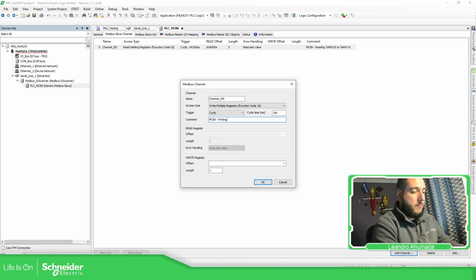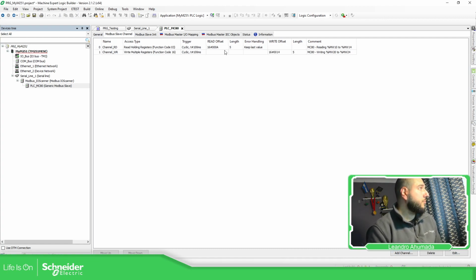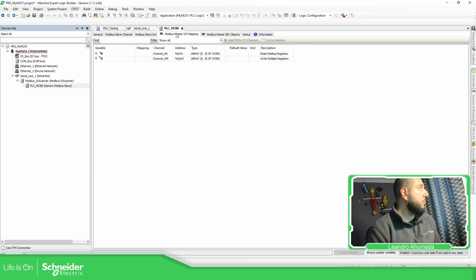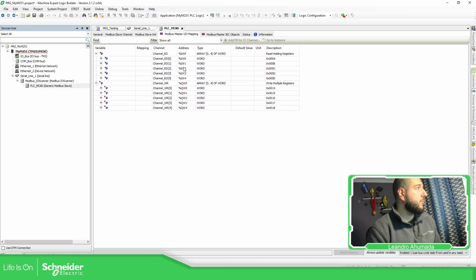MC80 writing MW20 to MW24. Offset is going to be number 20, and here it's going to be 5 elements. It creates everything, and if you go to the Modbus master IO, I should have all this, okay, which are